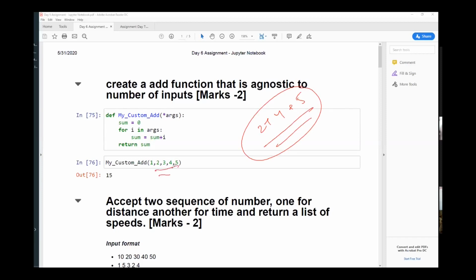If you remember, there are double underscore functions in all of the data structures you have seen so far. If you do dir of list or tuple or set or dictionary, you will see some functions which start with a double underscore and end with a double underscore. In the Python community, they call it dunder.